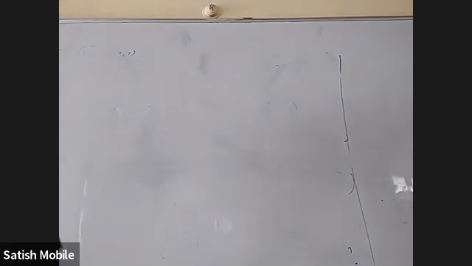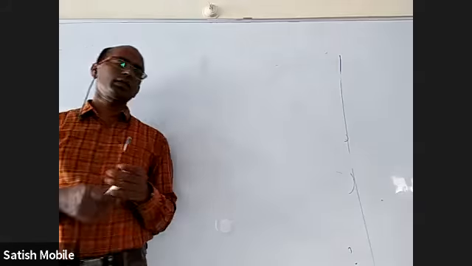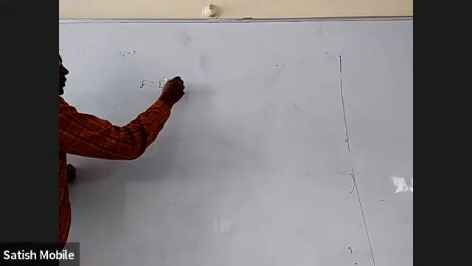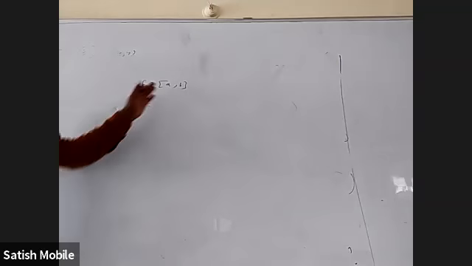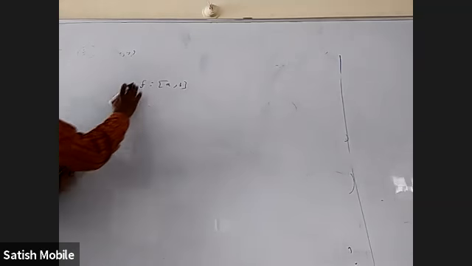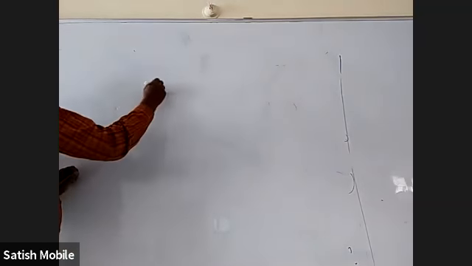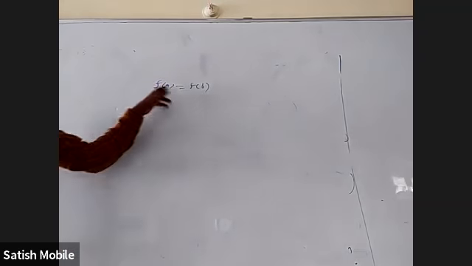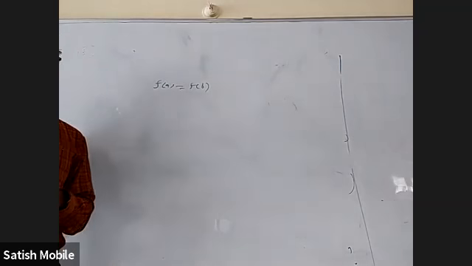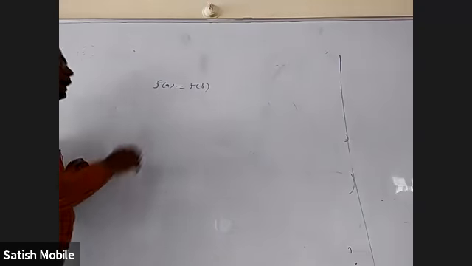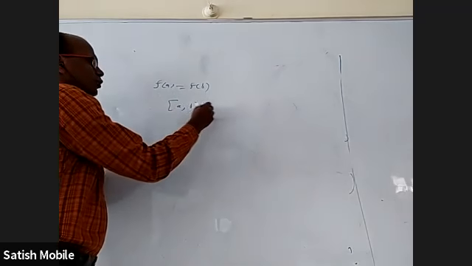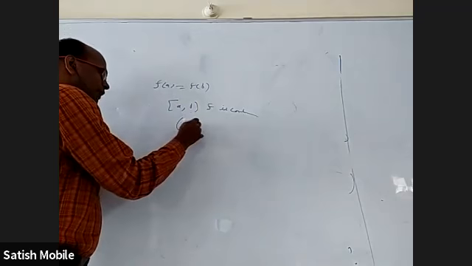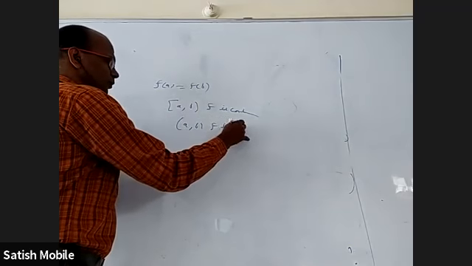Okay. What does Rolle's theorem say? Please listen. A function should be defined in closed interval a to b. It can be defined more than that also. Let us not worry. f of a and f of b should be equal. For that, a and b should be in the domain of the function, first of all. They should be defined and they should be equal. And in closed interval a to b, f should be continuous. And in open interval a to b, f should be differentiable.